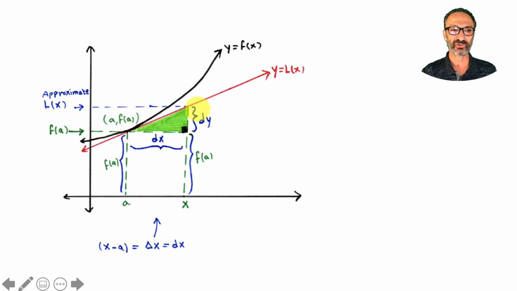It's a tangent line at a, f of a, right there. The slope of the tangent line at a is f prime of a, which is differently called dy dx at x equals a. And it's called rise over run,